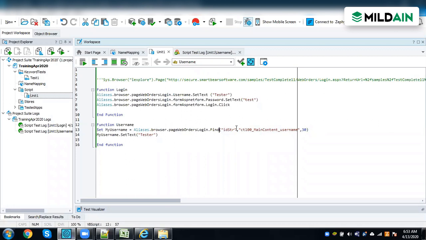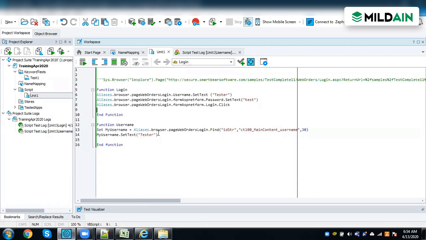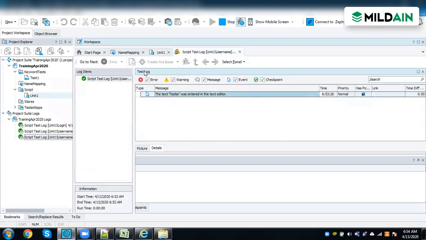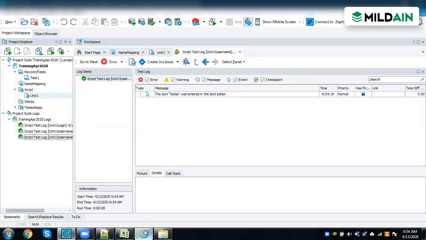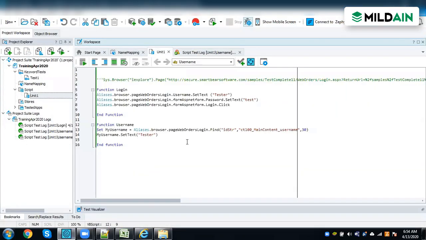Find means the total number of objects. Find child means the total number of objects minus one, avoiding the parent object. That is the only difference. So that basically we will not identify the object and we will not find the same object. That is why we use find child. Even when you run this, it is going to perform the same operation. It will not change any of the performance. Okay.